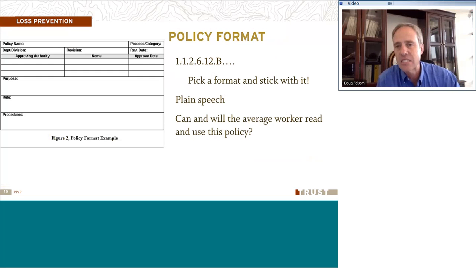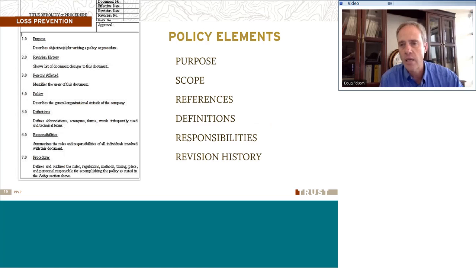Make sure that it's consistent, from year to year to year, how we format that policy so that changes are congruent. We can go and see what our revisions have gone from A to B to C, and they maintain that same format. We want to make sure that the average reader is going to be able to understand that policy. Sometimes we get a lot of legal speak in our policies, but if the average person can't understand exactly what is being communicated, then the policy doesn't really do us a whole lot of good. So we need to make sure that it's composed in a way that we understand what it means, so that we can follow it.